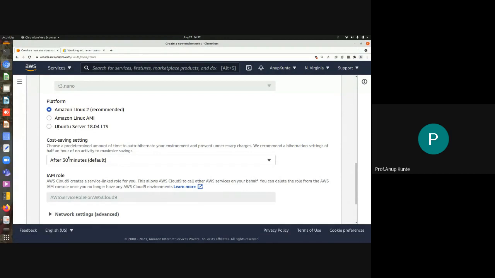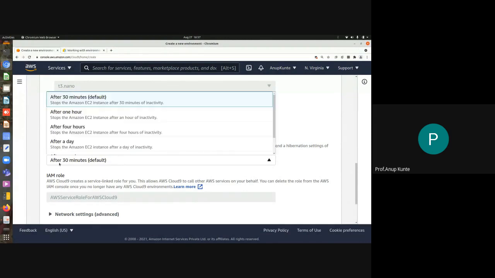Now, this important thing is कि आपका जो IDE है वो कितने देर बाद, कितने देर के inactivity के बाद क्लोज होना चाहिए ऑटोमेटिकली. As I told you, since it's a web service, आप जब उसको यूज करोगे वो IDE को, जितना आप उसको यूज करोगे उतना आपको बिल होगा.